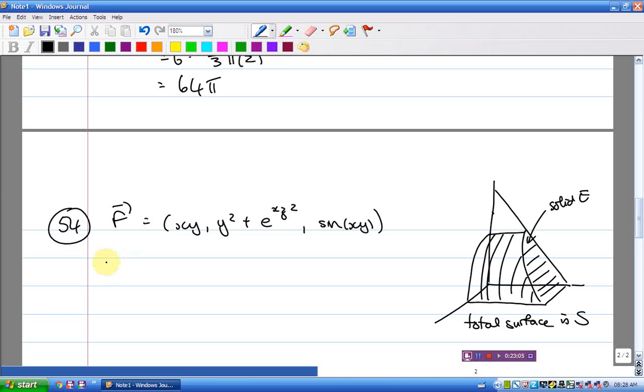Divergence theorem says we can instead do this. Because S is a closed surface, it has to be closed, because divergence theorem talks about a solid and the entirety of its boundary surface, not just a piece of it. So because S is closed, we have access to divergence theorem, and we can say the flux is this. If they left out one of those bounded by, say, z equals 0, then would we say it's not closed